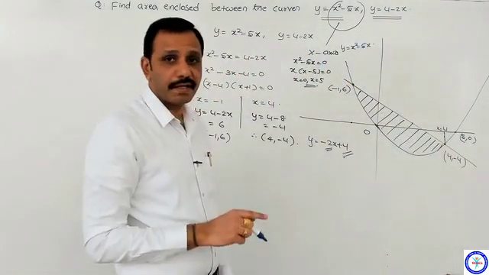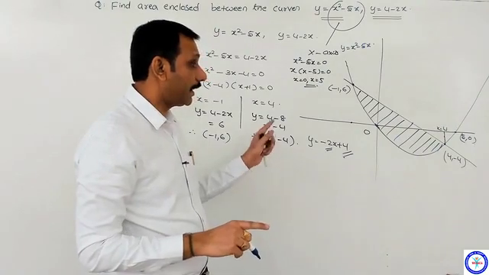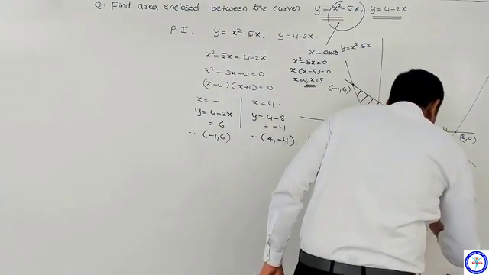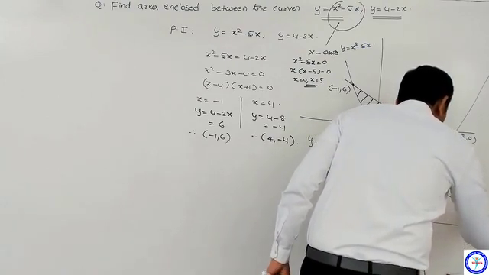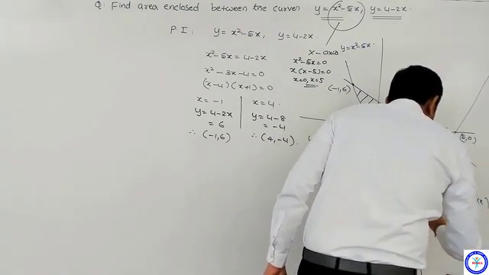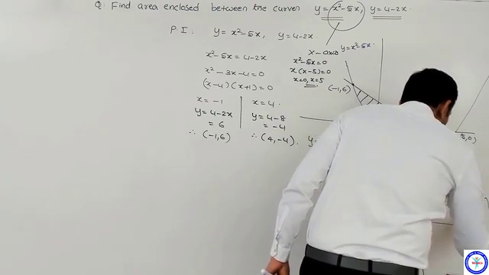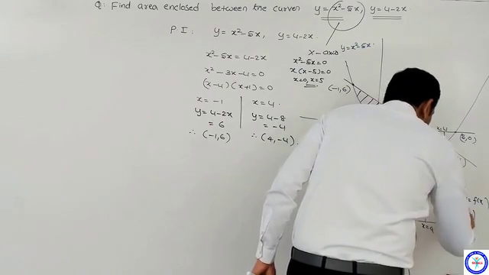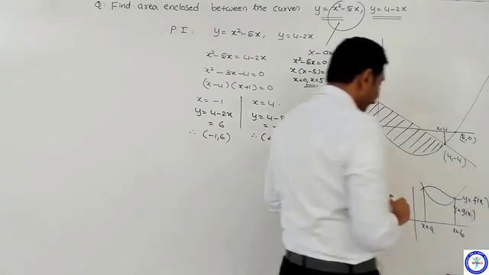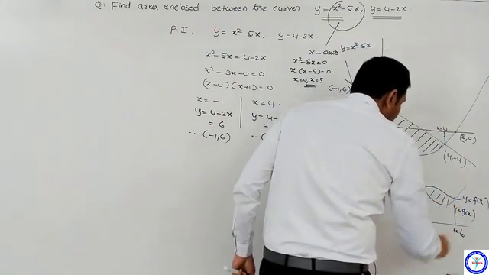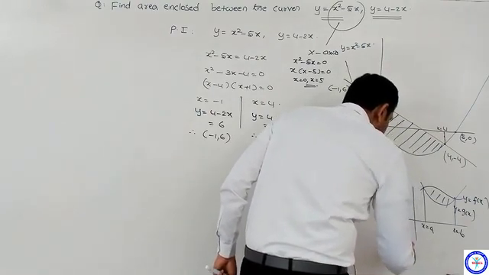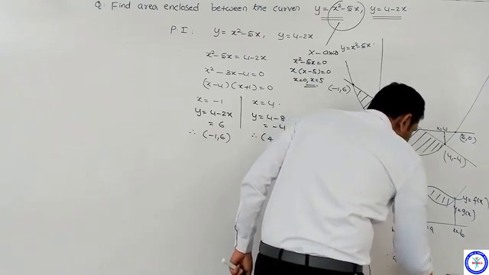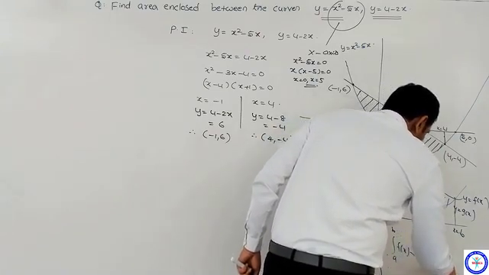We have seen many problems on how to find area between curves. We even discussed that concept. Suppose I take one curve as y equal to f of x and the other curve as y equal to g of x, and the intersection points are x equal to a and x equal to b. Now area between these two curves means integral a to b, upper curve f of x minus lower curve g of x, into dx.